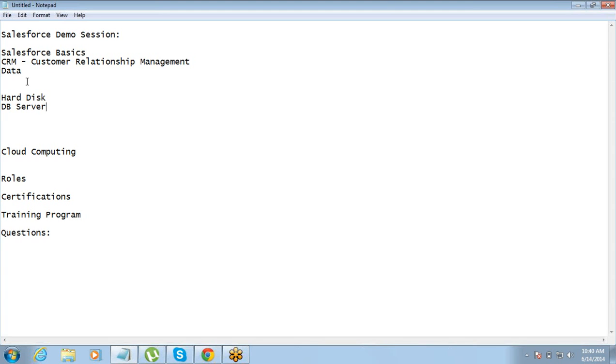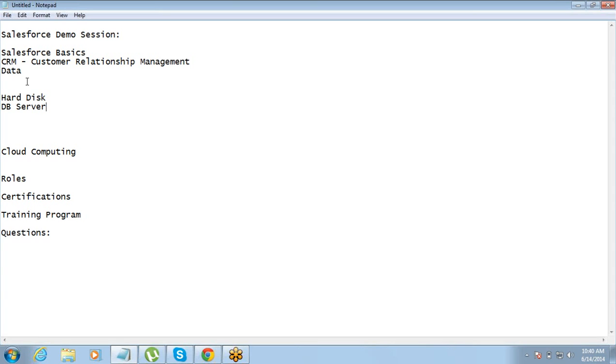Now, what is the advantage of putting the data in a database server? That it is completely centralized. One single server holds the data. All the information is updated on the server, and anyone who logs in from any place gets to see the updated information, right? You are avoiding redundancy of the data also. You don't need to store multiple copies. That is one thing. You can secure the data because it is at a centralized place, right? So these are the advantages of a database server.